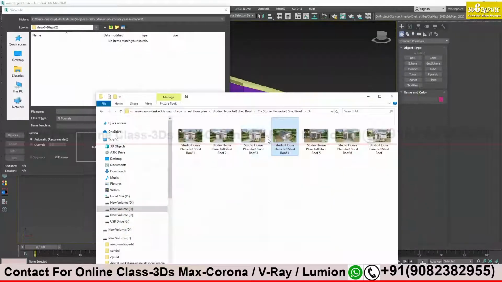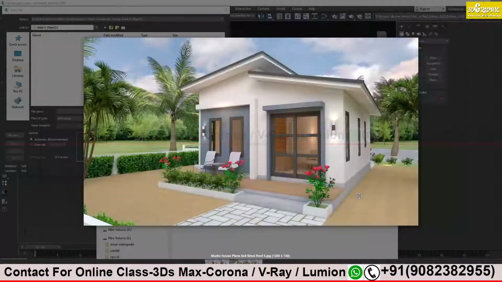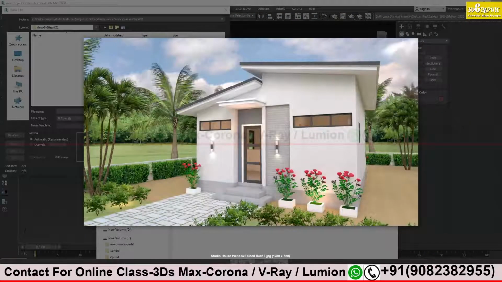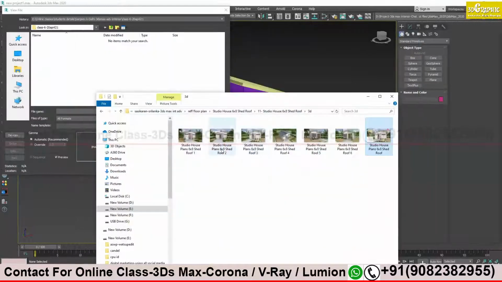Okay, so I will quickly import my file. I need a view from where I can see it properly. Okay, this is a proper view. I can see the window and the door properly. So this one I will try to import.